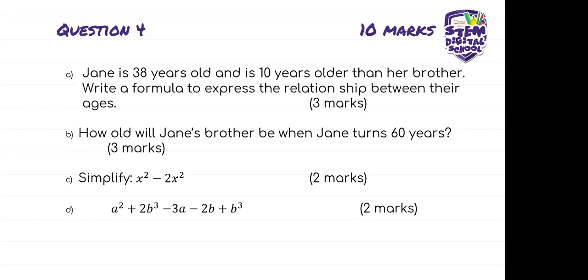So if the age now becomes 50, then you are going to minus that. Or if it is 60, then you'll have 60 minus 10, which will give you the brother's age of 50. I do hope that it makes sense. Can we perhaps go to the next one just to demonstrate now